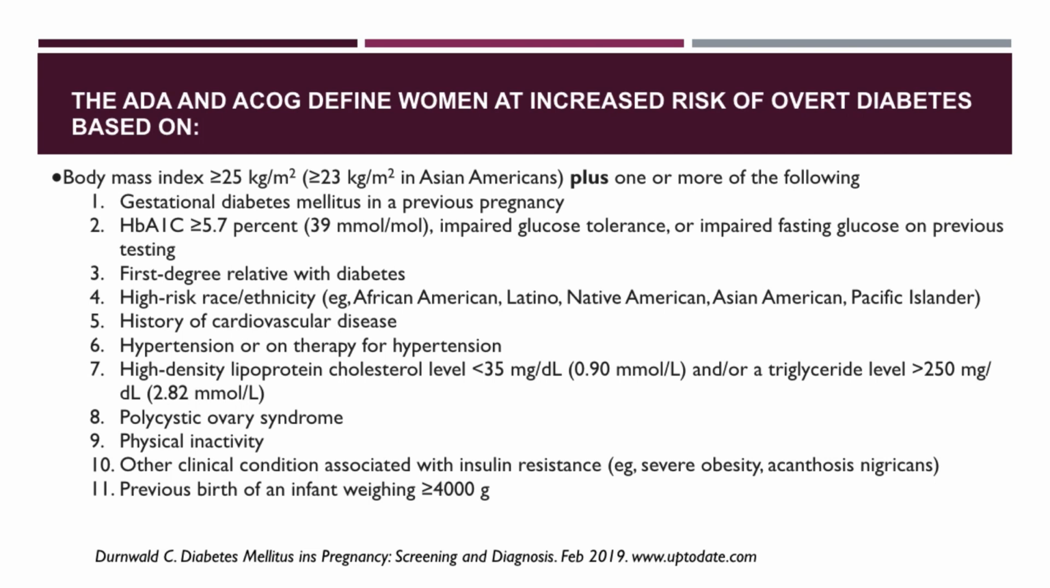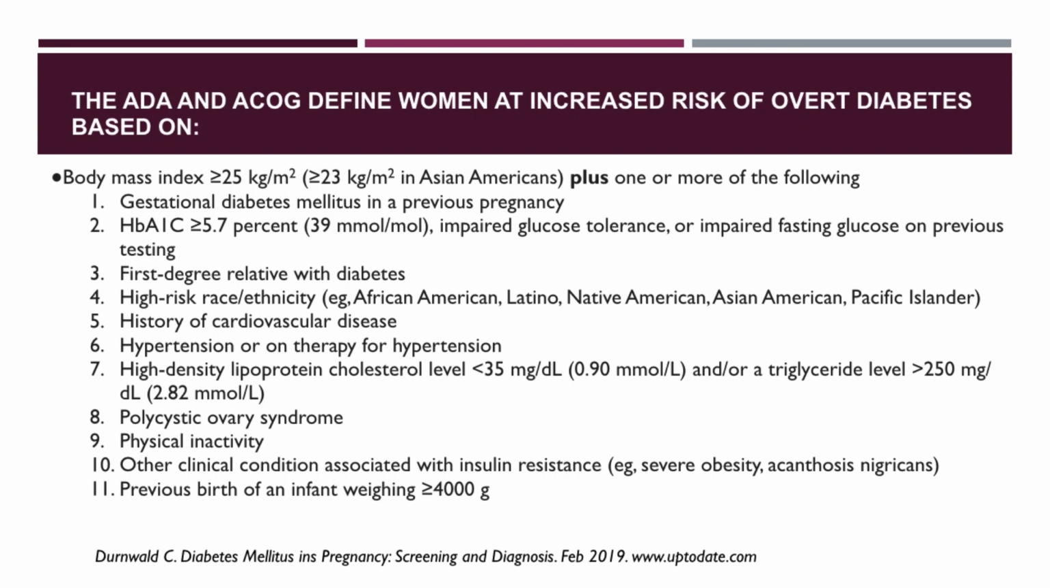The ADA and ACOG define women at increased risk of overt diabetes based on a body mass index or a BMI of greater than or equal to 25 kg per meter squared for Asian Americans, plus one or more of the following: gestational diabetes mellitus in a previous pregnancy, HbA1c that's more than or equal to 5.7%, first-degree relatives with diabetes, high-risk race or ethnicity, and this will include African American, Latinos, Native Americans, Asian Americans, or the Pacific Islanders, history of cardiovascular disease, hypertension or on therapy for hypertension,